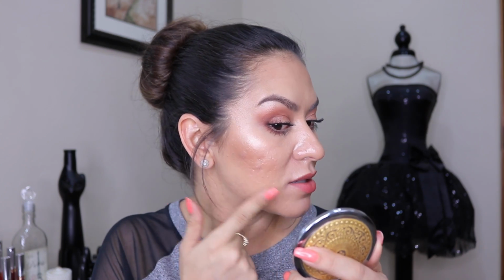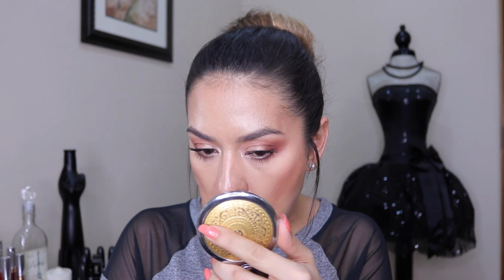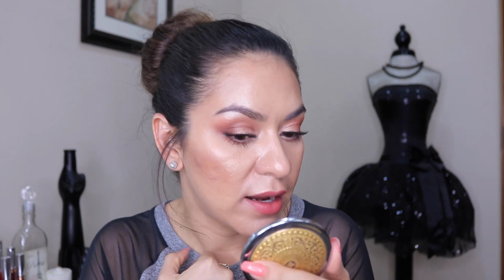Like all down here, everything looks great. It looks like I just applied it, and this side is just looking like a hot mess. It's so oily through here. The good thing about this foundation is it's not clinging to any of my dry patches or enhancing any of that. The foundation's not really breaking up aside from this side where I used the primer and the Sensual Skin Enhancer